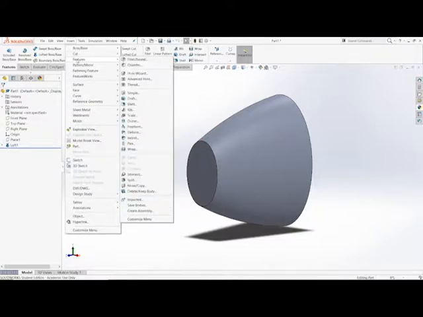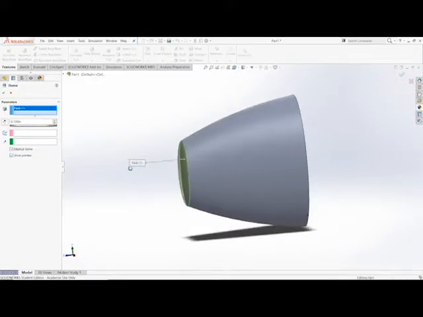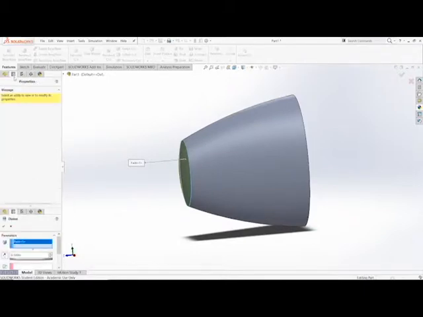You can go to Insert and then Features. You find all these ones that you don't normally have. I'm going to select Dome. I chose a normal dome. I want it to be tangent, though. How do I make it tangent? Oh,